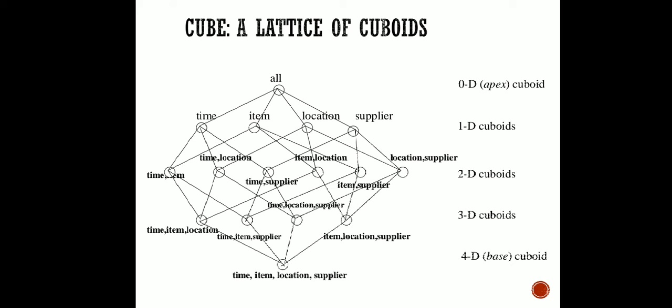Now if we combine two, this table can interact with another table, so it will be 2D. If we combine three at a time, that means combining any two of the previous level, it becomes 3D, and the base cuboid consists of all the dimensions together. It has been shown for 4D, but it can extend up to nD. If you can represent it using 4 dimensions, you can do it for n dimensions as well. We will see some cuboid examples.